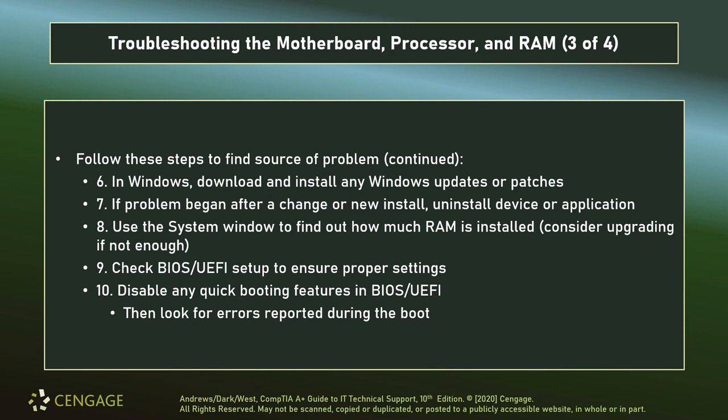Use the System window to find out how much RAM you have. If your RAM is too low, then yeah, you'll start to see some weird events occur, especially after a major patch for your operating system. It may be that a certain feature now requires more RAM and is causing a bit more demand on your system. Using Task Manager can help you to identify the current performance of your system, and by performing what